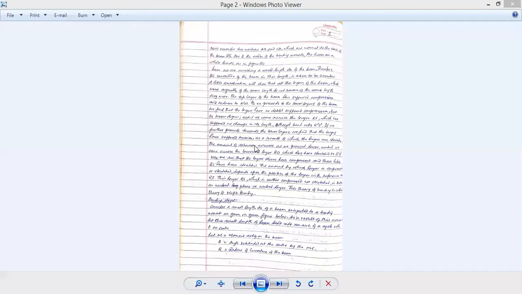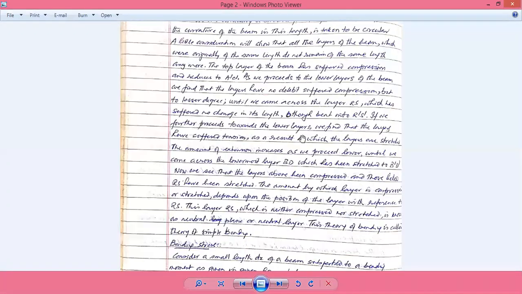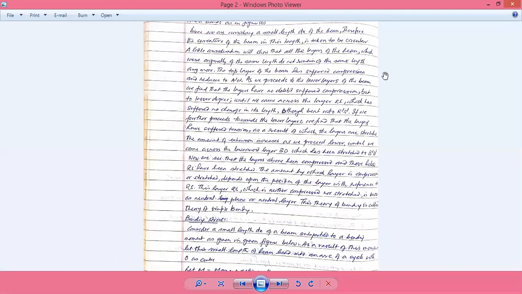Next, what we see is the curvature of the beam due to this extremely small length dx under consideration. We have assumed the curvature is more or less circular and does not take any other particular shape. Next, we see as per the shape of the beam shown in the figure, the topmost layer